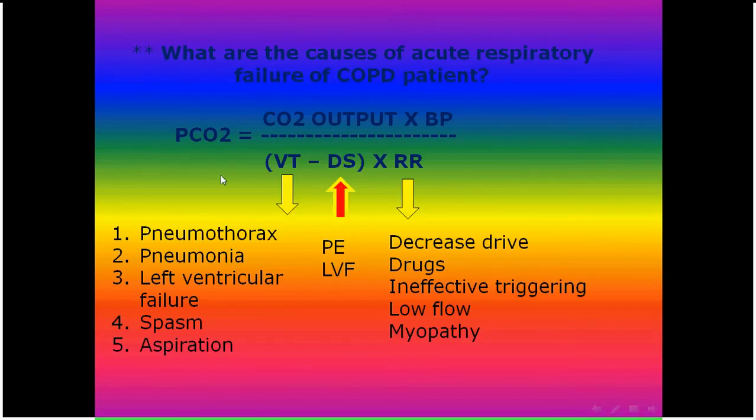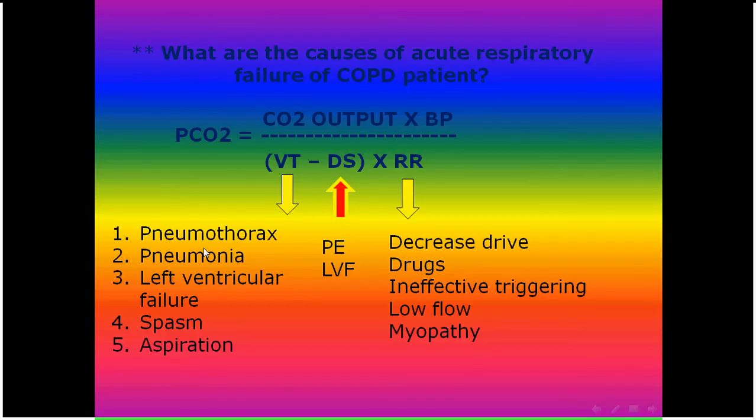The arterial carbon dioxide equals the carbon dioxide output multiplied by the barometric pressure minus water vapor, over the alveolar minute volume. Alveolar ventilation minute volume is the alveolar tidal volume, which is the tidal volume minus the dead space, multiplied by the respiratory rate. So when we ask ourselves what are the causes of the decrease in this alveolar